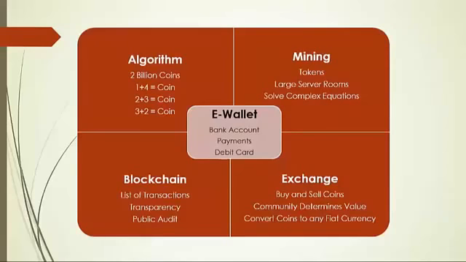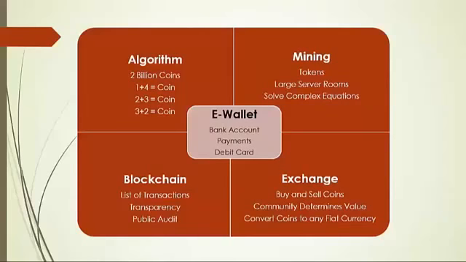So I decided to create an algorithm, which I'm not smart enough to do, but I would hire somebody smart enough to do it, somebody that knows Calculus 3 and Algebra 3 and all those great maths that combine letters and numbers, which I don't really get. But the algorithm basically determines how many coins can be created. Once the algorithm is locked in, it cannot be changed. And basically an algorithm is an equation that says, okay, and let's keep it real simple, every time you solve the equation that equals 5, the algorithm will create a coin.